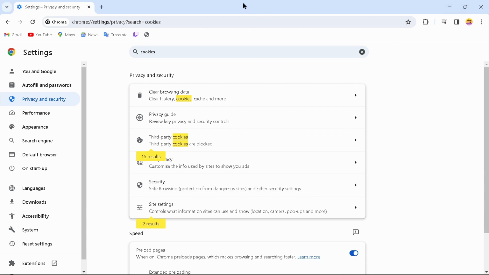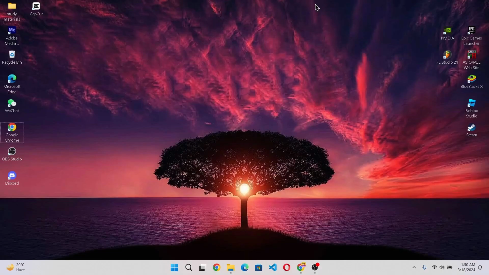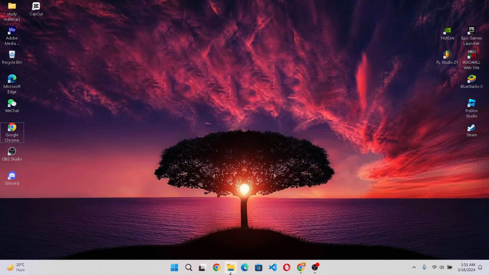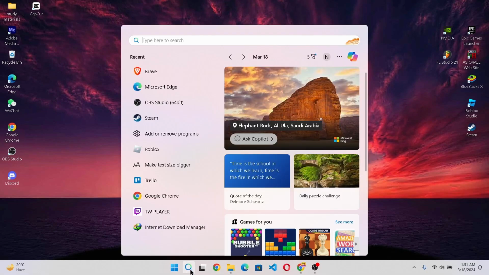But if this does not fix your problem, check if you have installed any VPN in your browser. After that, check if you are using any VPN on your device. If you are, that can cause this problem because some websites do not allow VPNs. So just turn your VPN off and you will fix the problem. Or tap on the search bar and search for settings,